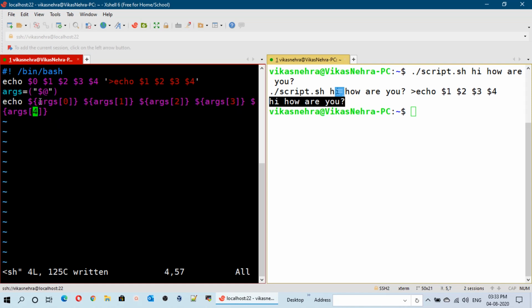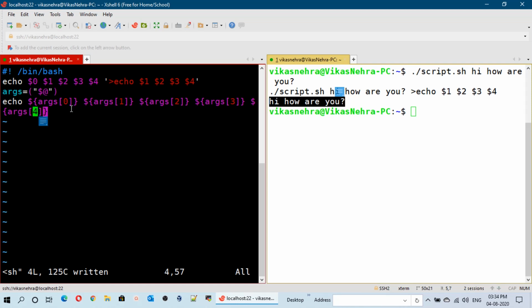So calling the variable 0 using the arrays doesn't give us the name of the script, means we can use the variable 0 for the script name only without arrays. Inside arrays we cannot use it, so there is no meaning of mentioning this. So we can remove it, and then also we will get the same output.